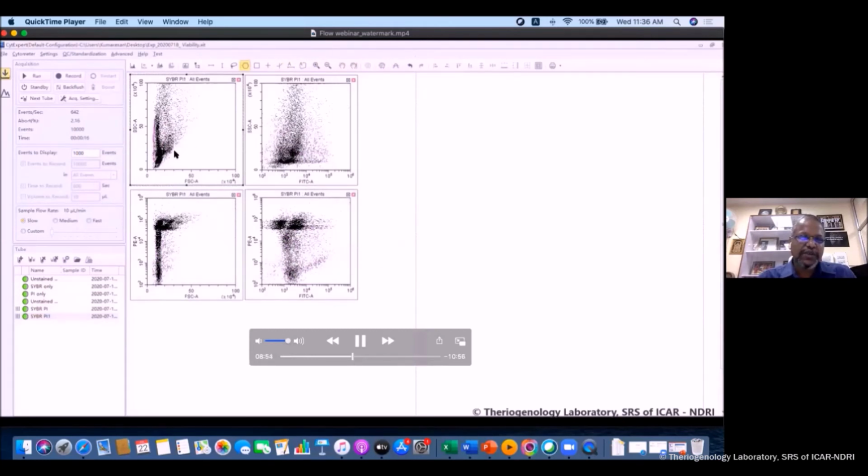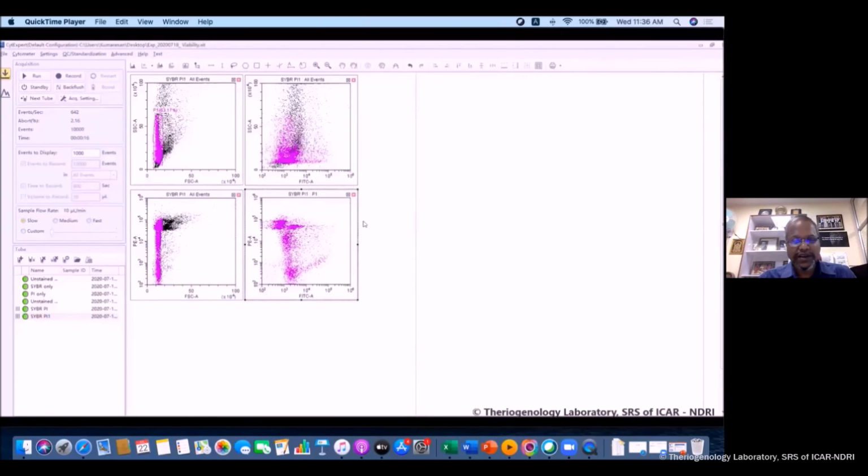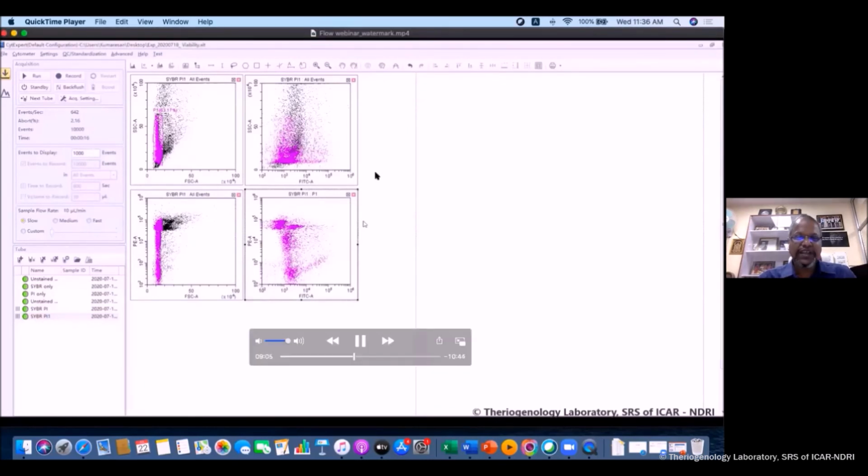Here also, the spermatozoa you can select based on experience. These are all the spermatozoa. Otherwise, you need to have the contour plot, and the contour plot will say where your cells are located in greater amount. So then also you can put the region accordingly. In some machines it comes as R, here it comes as P, R1, R2, P1, P2, something like that. So this is the contour plot which I am showing.